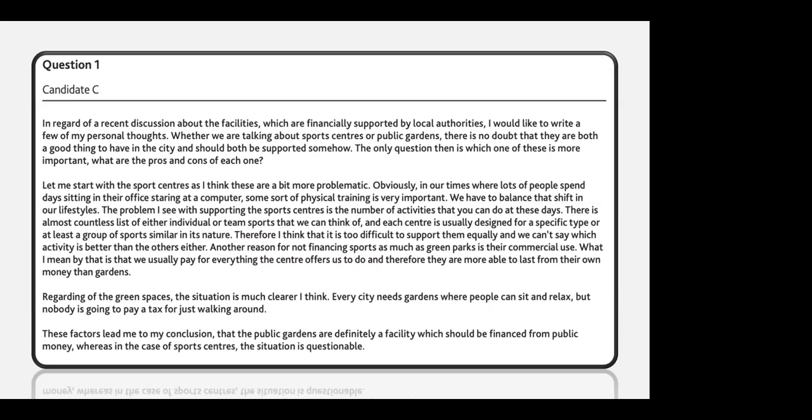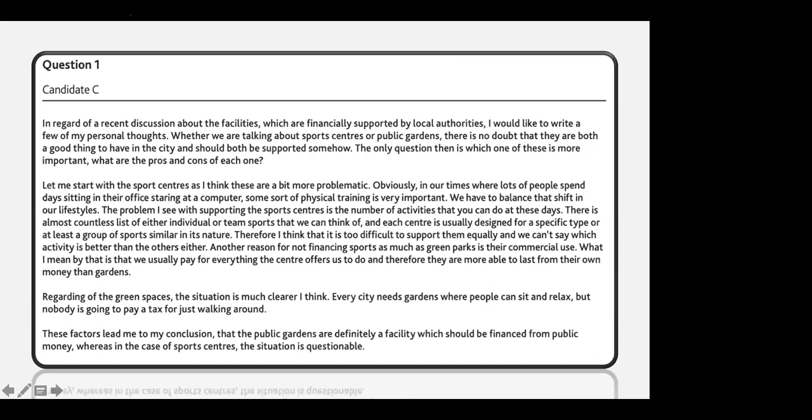Let me start with the sports centers, as I think these are a bit more problematic. Obviously, in our times where lots of people spend days sitting in their offices, sitting at a computer, some sort of physical training is very important. We have to balance that shift in our lifestyles. The problem I see with supporting the sports center is the number of activities that you can do these days. There is an almost countless list of either individual or team sports that we can think of, and each center is usually designed for a specific type, or at least a group of sports similar in nature. Therefore, I think that it is too difficult to support them equally,